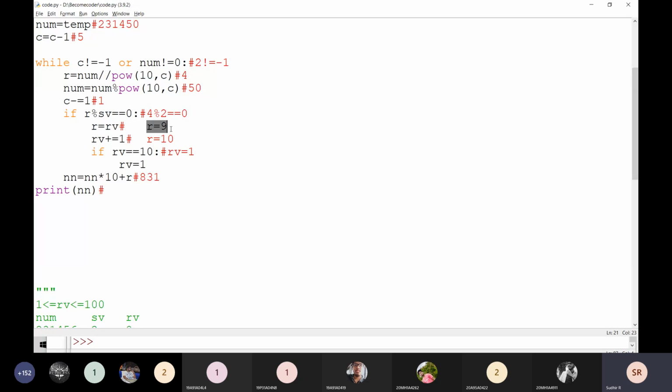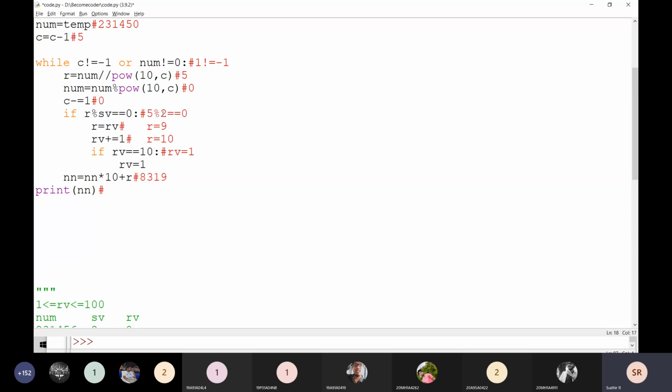Now, what is R value? R value is 9 only. Then it becomes 9 here: 831 into 10 plus 9. Now it is moving here. The first digit is 5, and the remaining digit is going to be 0. This is the mistake I made when writing the previous one. Now it becomes 0. Now it is moving here like this.